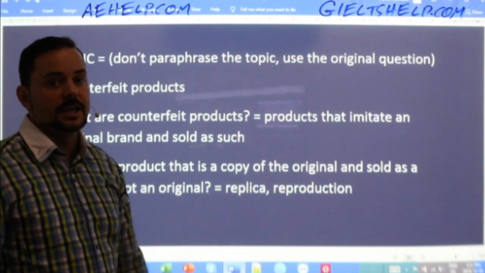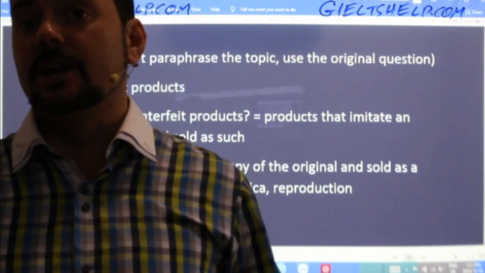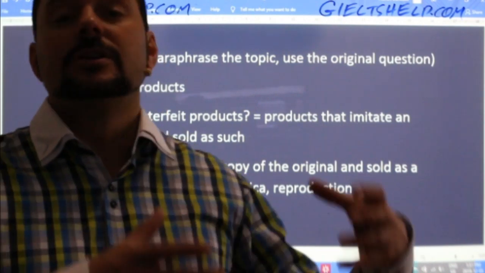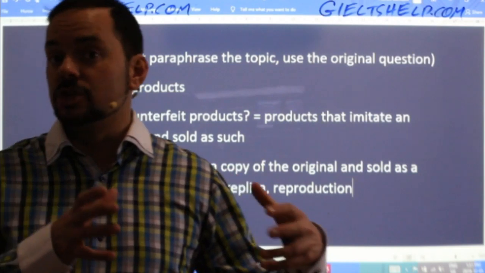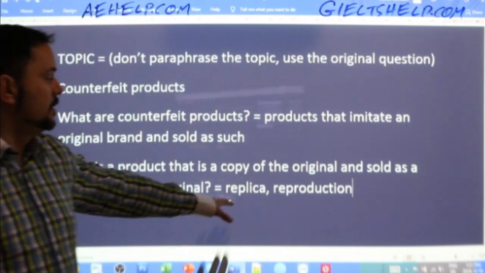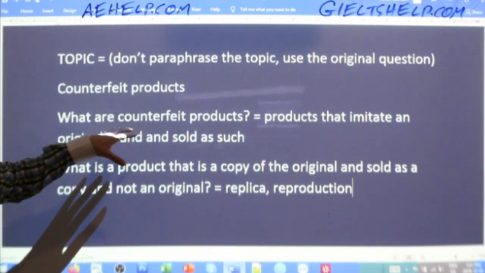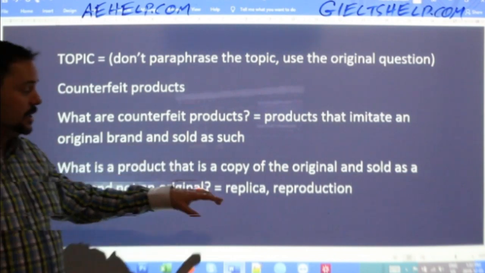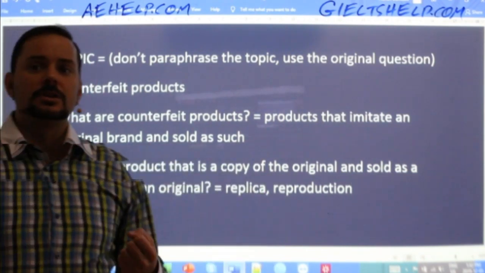So I can say that, oh, here you have the original Air Jordans, but these are just replica shoes, or these are reproductions. They're not the original manufacturing line, okay? So they're called replica or reproduction. So you have to be careful here when you go into an essay like this and make sure that you don't go off topic, because one mistake that I'm sure many students could make